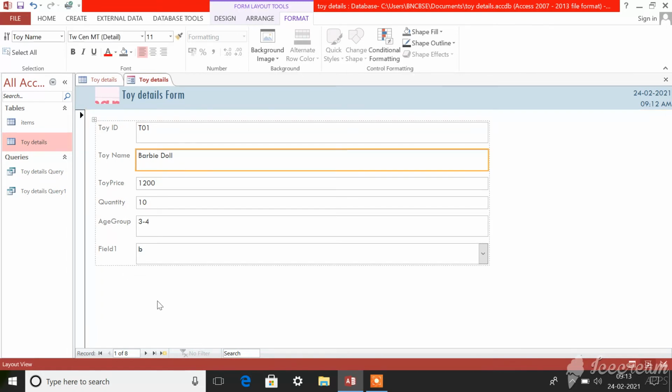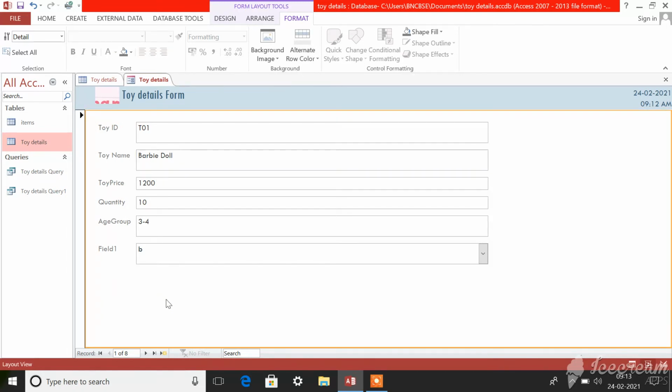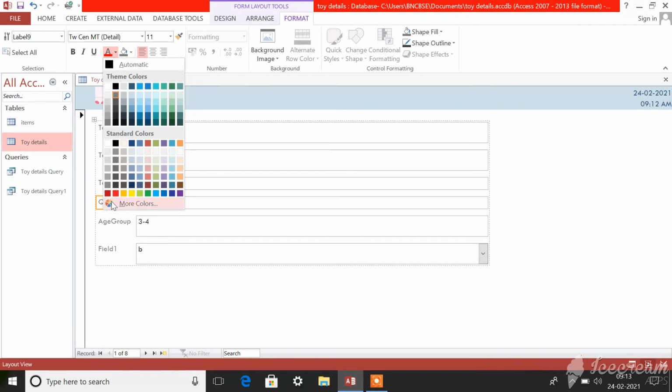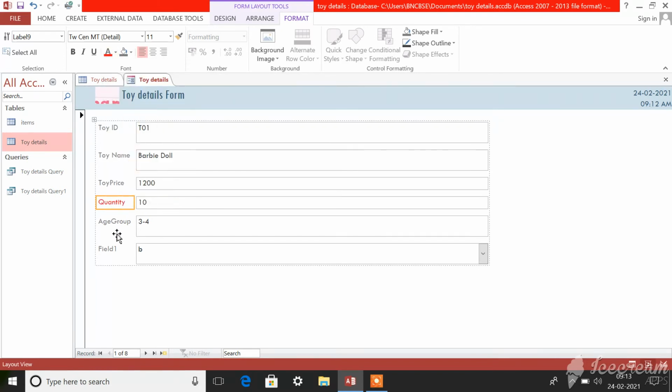First, before that you have to click on the blank space of your form, or anywhere inside the form, then you need to click the font color and select the color. See, you can see the color has been changed. Like this you can change the color of fonts.